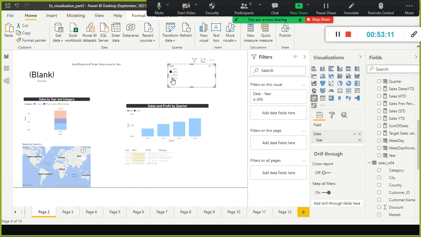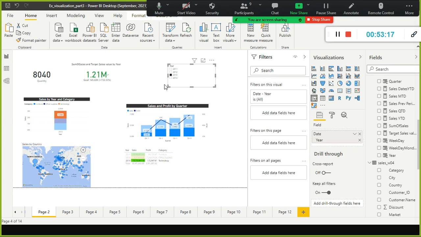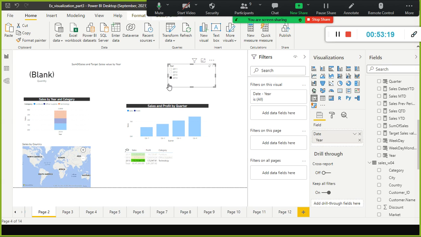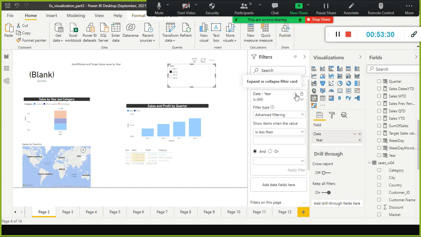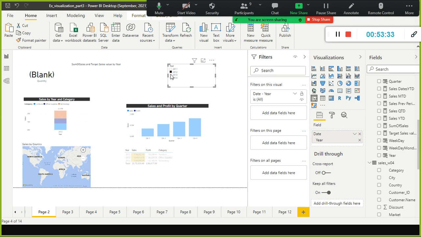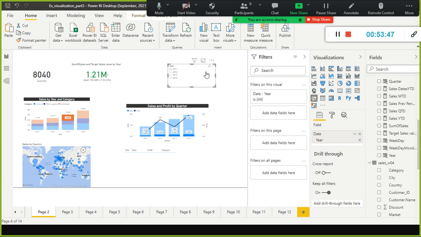When I select 2012, it has gone. 2014, it has gone. It is trying to refresh, and only 2013 we are getting, and somewhere the filtering is not happening correctly, or any filter is there, external filter? Nothing is there, right? Let me just see here. Okay, and only 2013 is working. In this, I used many other visuals. Maybe because of that it is doing filtering, I don't know. So let me clear this one. 2013 it is working fine. Okay.